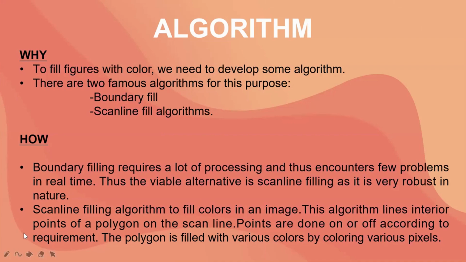Whenever I apply this scan line algorithm, I will have pixel points. Mark my pointer as I move from here to here. Some lighter shades are here and darker shades are there, so my point values will change. If you mark this line and join these two points, there may be transparency in between.